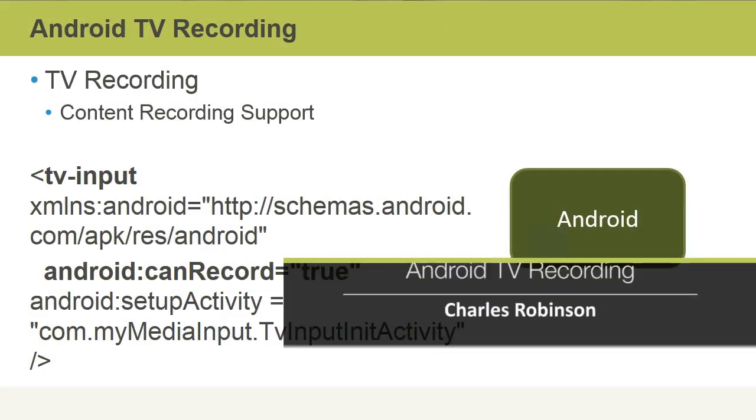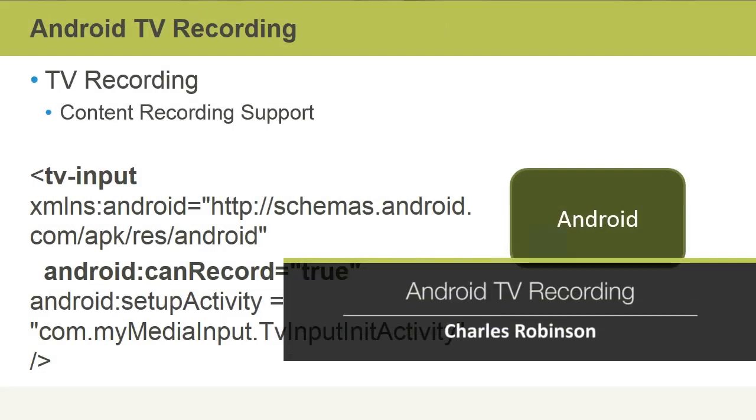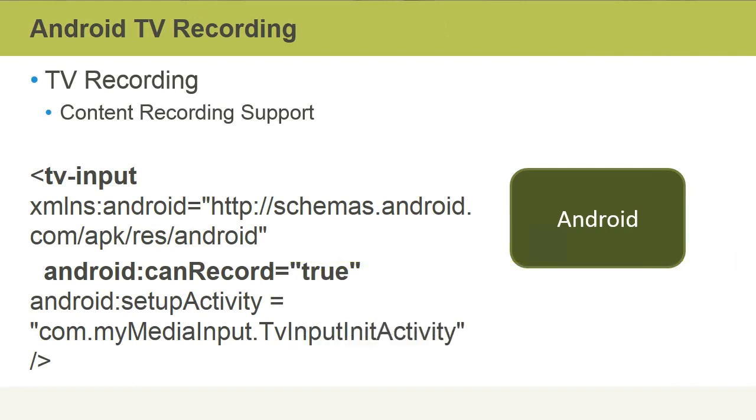In this video, we'll examine how to record television in an Android application. Android 7 is the latest version of the very popular mobile operating system. The television recording or input services provide content recording support using time-shifting APIs, or application programming interfaces, which include support